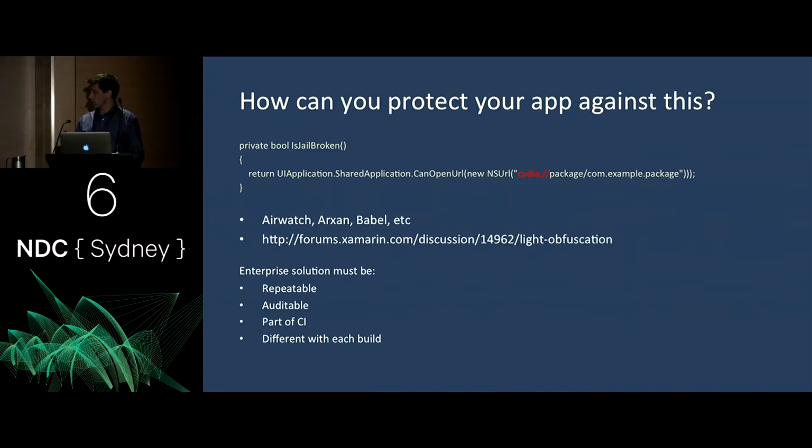Certainly if what you're working on is a game or an app that's generating significant revenue, especially if you're in an enterprise setting, whatever you're doing to protect against this has got to be repeatable and it's got to be auditable. As an organization, you might need to pass various types of audits. You might need to show you're PCI compliant if you're handling personally identifiable information. There's a whole number of issues that you need to make sure you've got covered there. And as I said, ideally part of your continuous integration, and ideally doing something different with each build without you as a developer doing anything different.